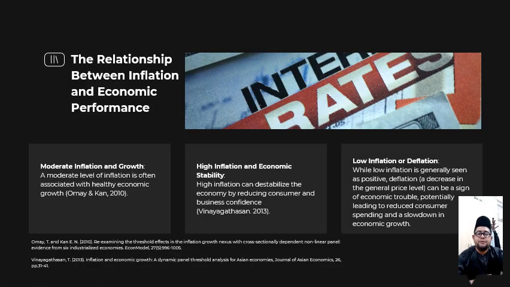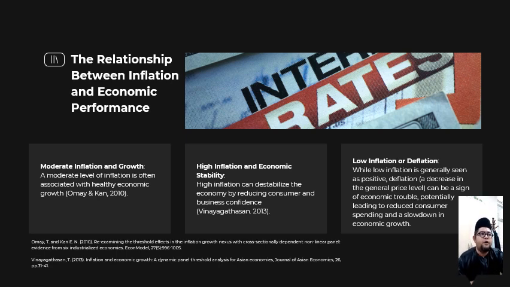Next is the relationship between inflation and economic performance. There's always a relation between inflation and economic performance. The first one, we look into moderate inflation and growth. A moderate level of inflation is often connected with a healthy economy, okay? And high inflation and economic stability. High inflation can destabilize the economy by reducing consumer and business confidence, according to Vinayagasan 2013, and also the low